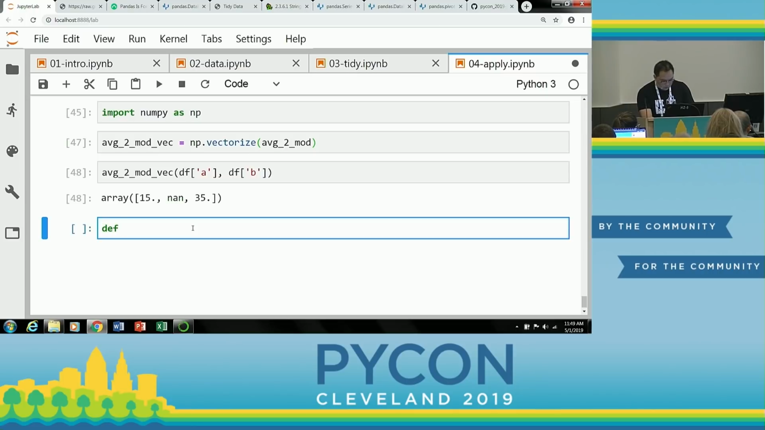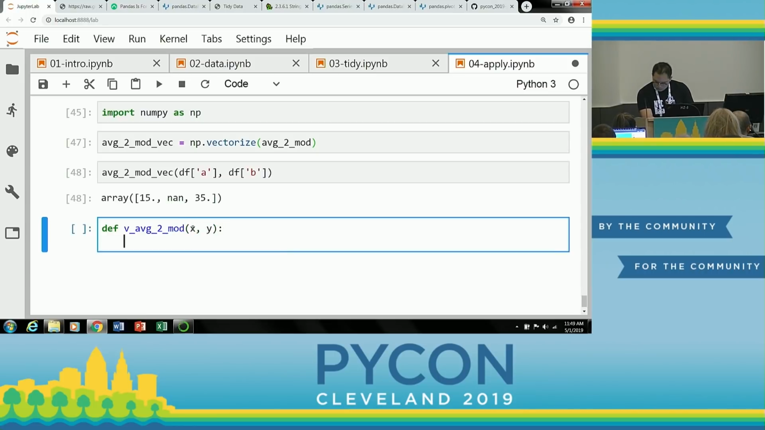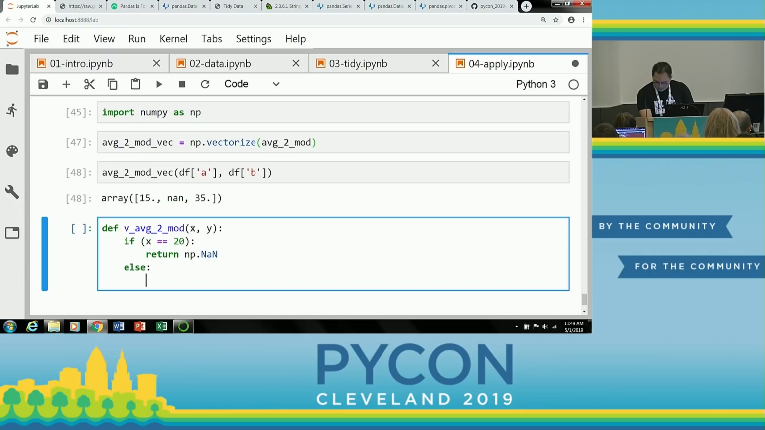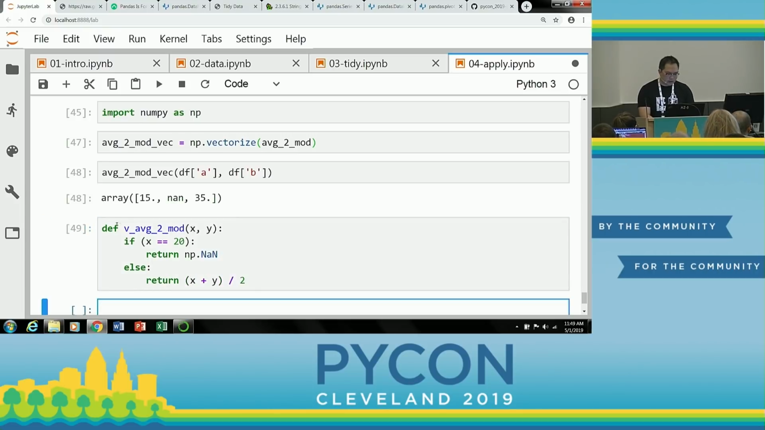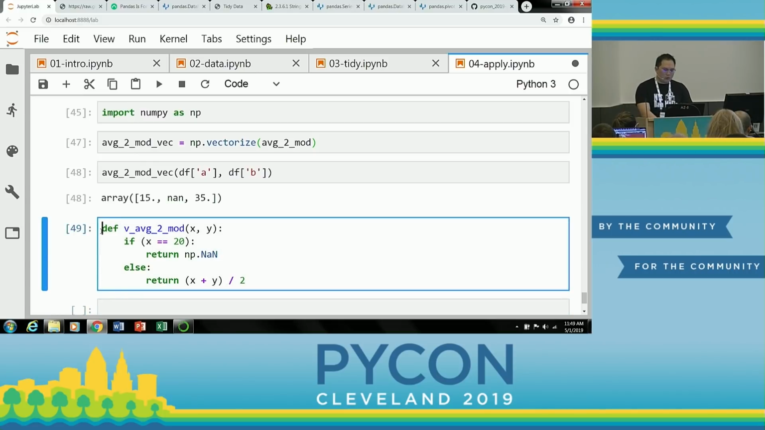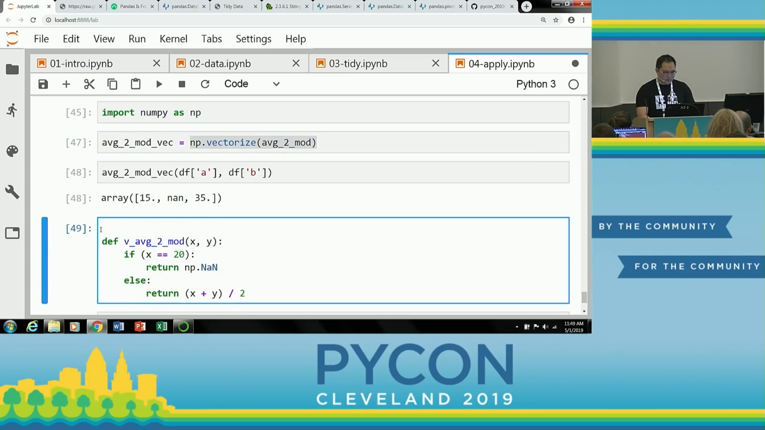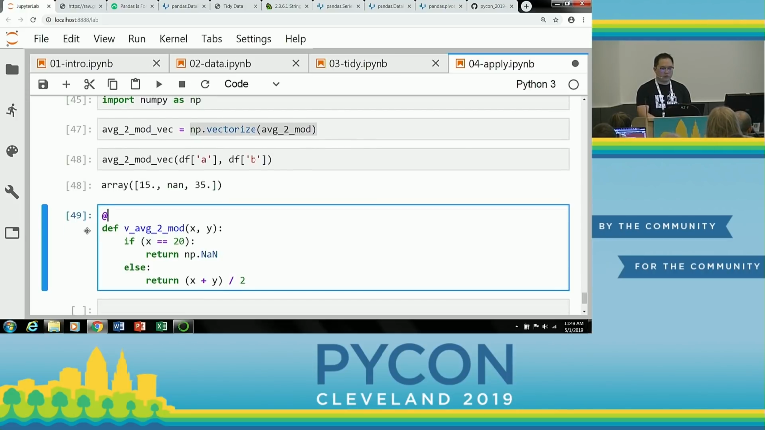All right, so let's say you're writing your function average to mod. This is taking x and y. If x is equal to 20, return numpy missing. Otherwise, return the actual average between the two numbers, right? So I already wrote this function, and I know I'm just going to end up passing it into numpy vectorize and getting a vectorized version of this function. So again, this notation is so common. This is what a decorator is. A decorator is how you decorate or